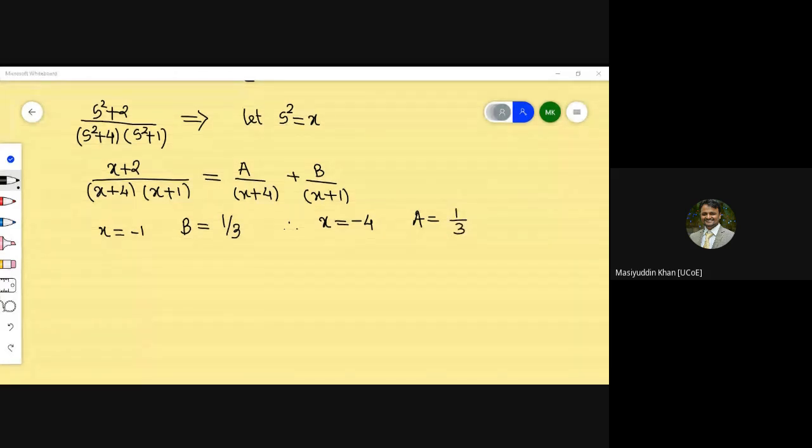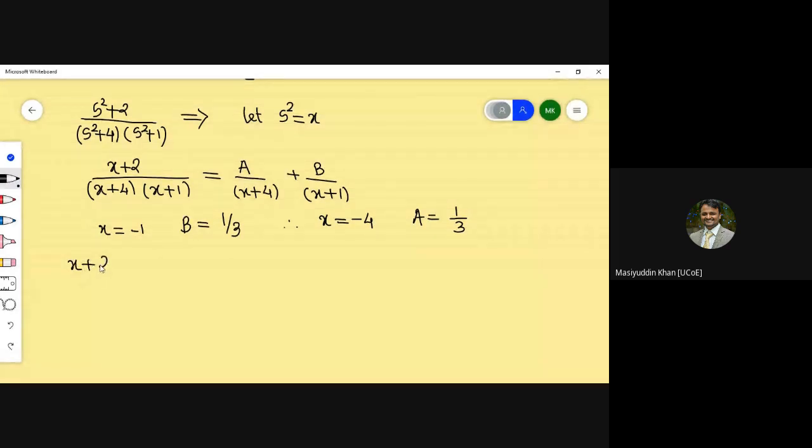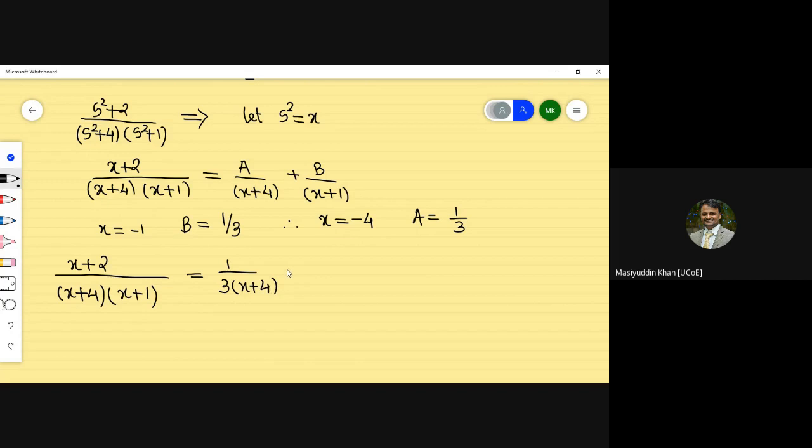If anyone has any query about how this directly came, you can solve it by cross multiplication. So we are getting a and b here. So I'm just writing x plus 2, x plus 4, x plus 1 is equal to, a is what, 1 by 3, x plus 4 plus 1 by 3,